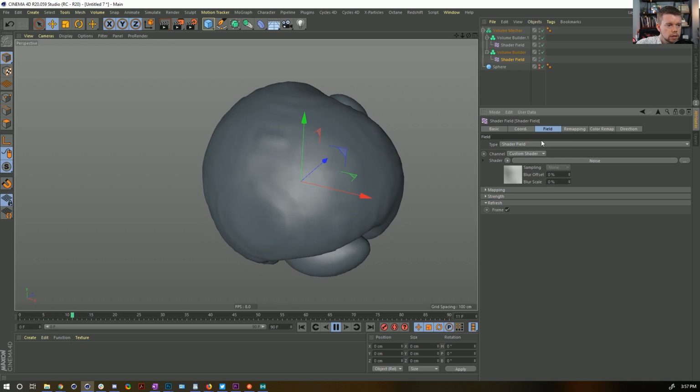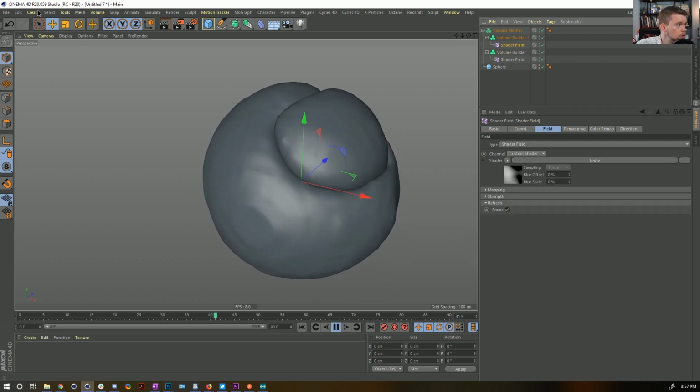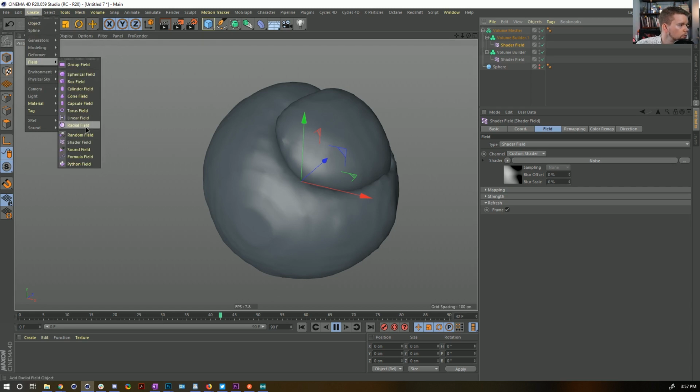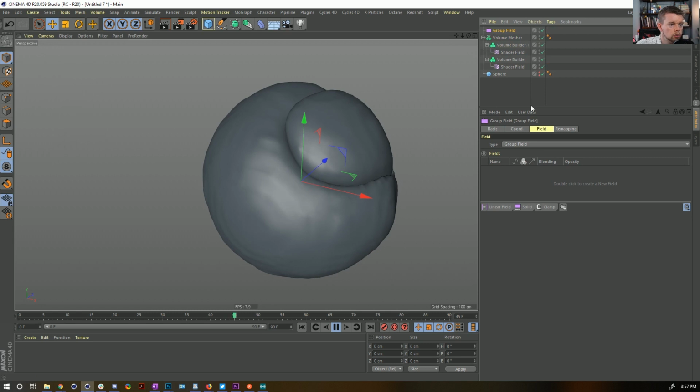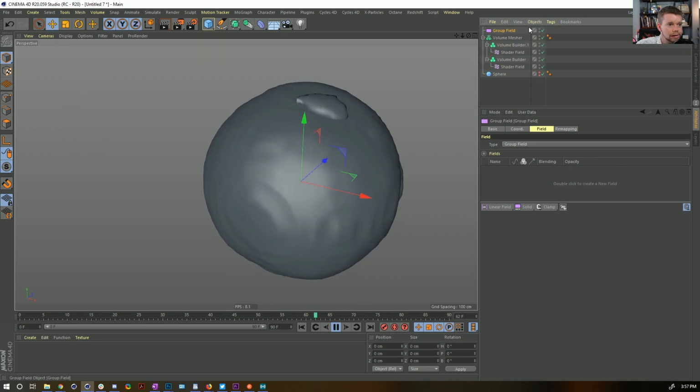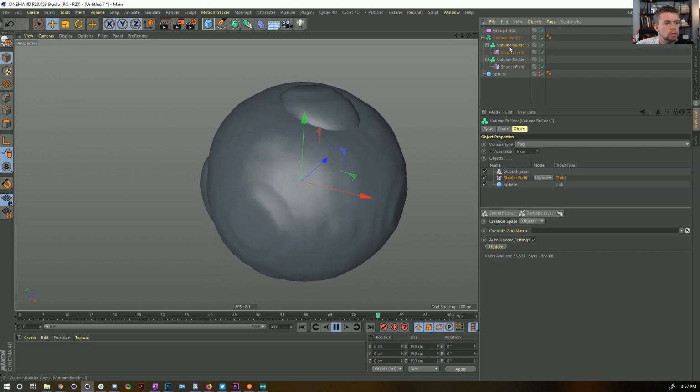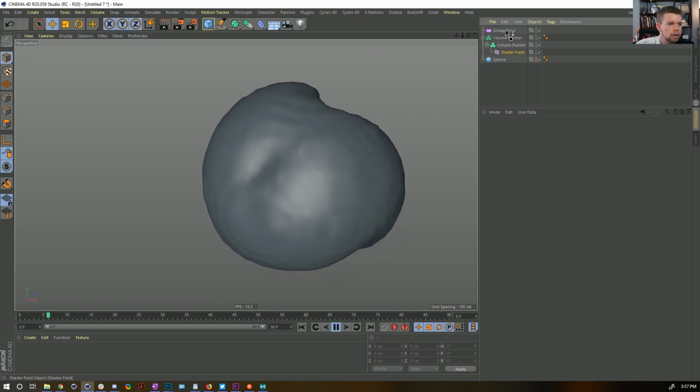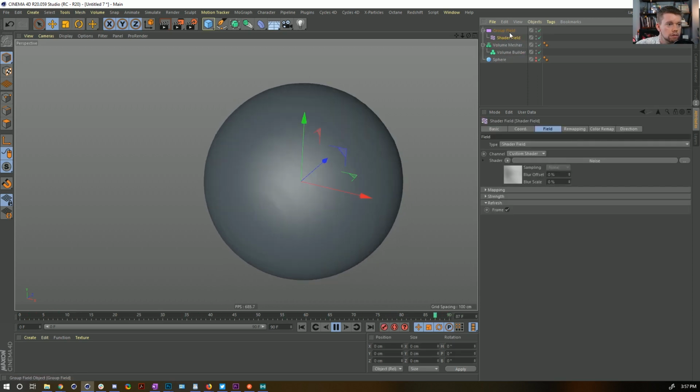What I really want here is a series of fields. Is there a field, like a group field? There is a group field. Maybe that's what I'm missing. I want a group field. Yeah, let's put this into a group field. Maybe that's the part I was missing, because I felt like there's something I definitely didn't have. If I put the shader field into a group field and I put the group field into the builder field,